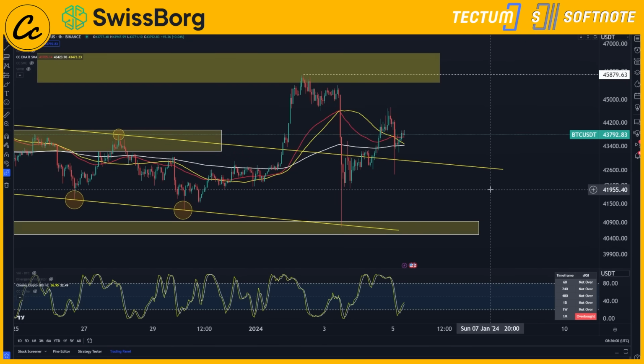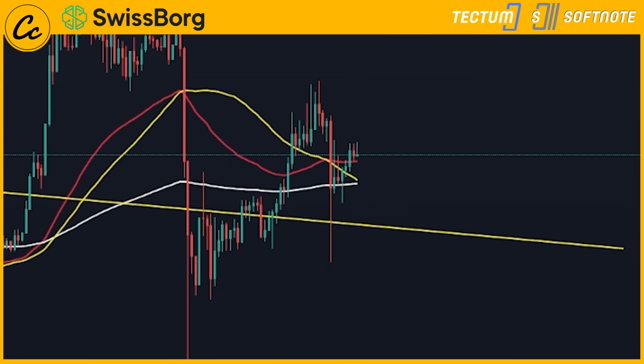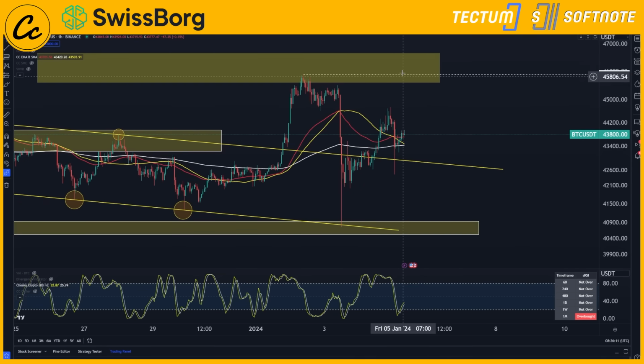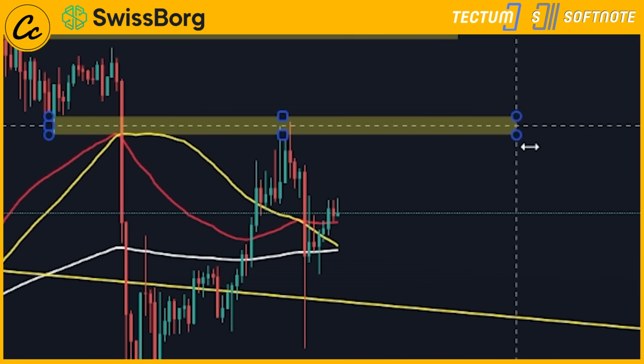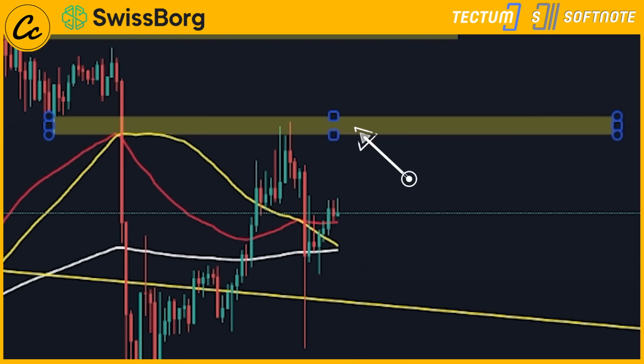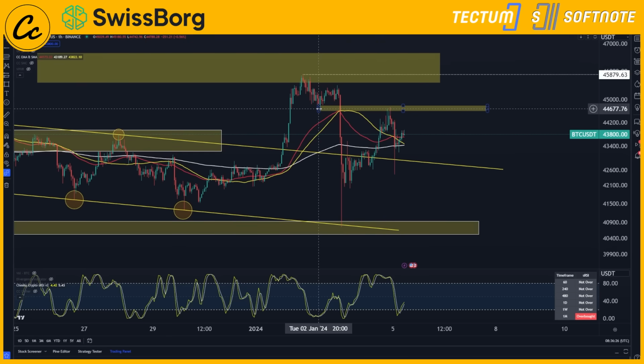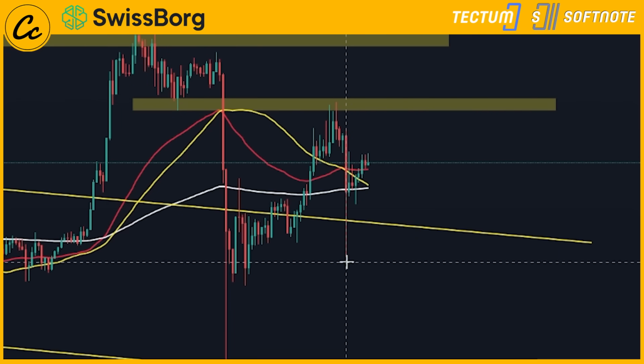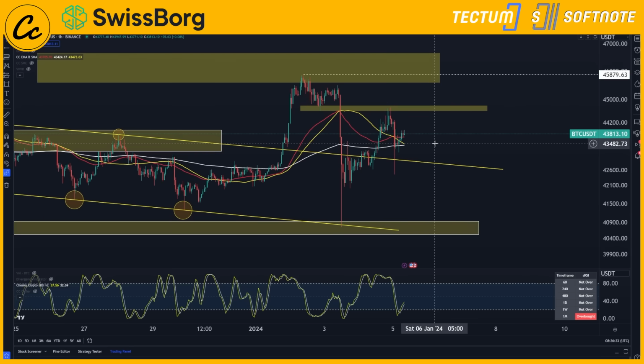Bitcoin saw some more volatility yesterday, breaking above its 200 hourly EMA, 50 EMA, and of course the 50 SMA. We did see then a move to the downside as we hit this upper area of resistance. We can see that this came in right on this typical range that we would have expected at 44,600 to 44,788. Rejection here, being the previous area of support is now the area of resistance, and we saw an immediate rejection back down. We lost the 50 EMA, the 50 SMA, and of course that 200 hourly EMA.